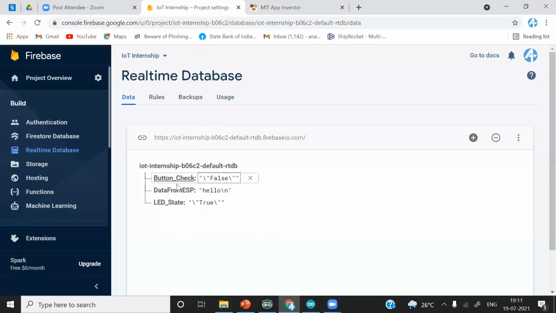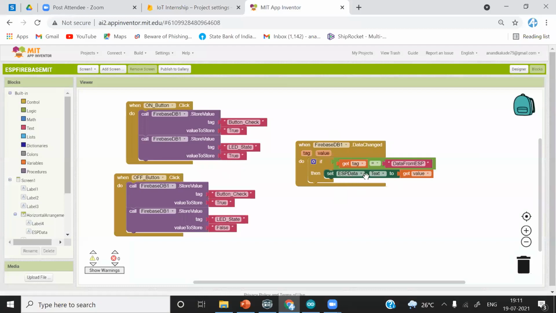So there can be multiple objects, for example, moisture, temperature. If I put temperature here, it will display only temperature data. You don't want to mix the data. Suppose you want to observe the temperature data and you are observing the moisture data. It should not happen. So that is the reason we are comparing and then setting data here. In case of moisture, you can just get the tag and compare it with the moisture object available here, and the data in front of that object you can set.